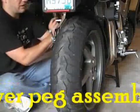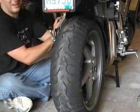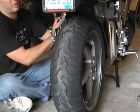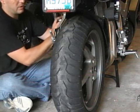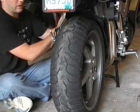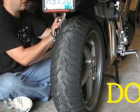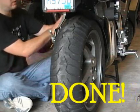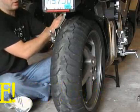If you go too tight, the PEM nuts that are inset in it, even though they are crushed PEM nuts and they are epoxied, you will break them free if you're not careful. There's no need to reef on it, and if you go too tight anyhow, what's going to happen is when you hit the brakes, it's going to flex the whole thing. You don't want to pinch off